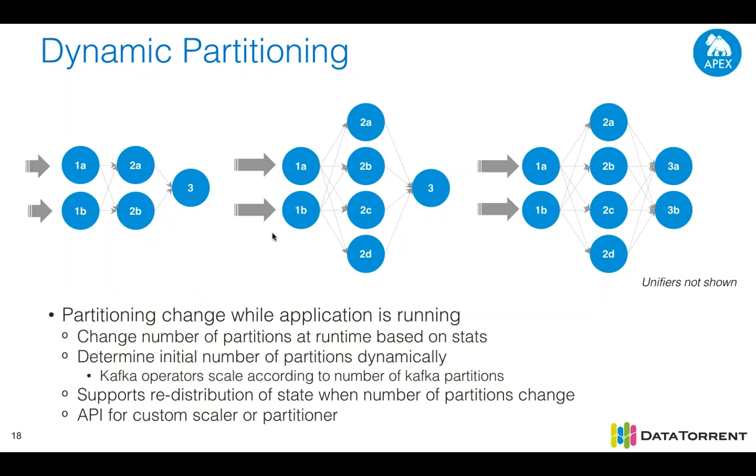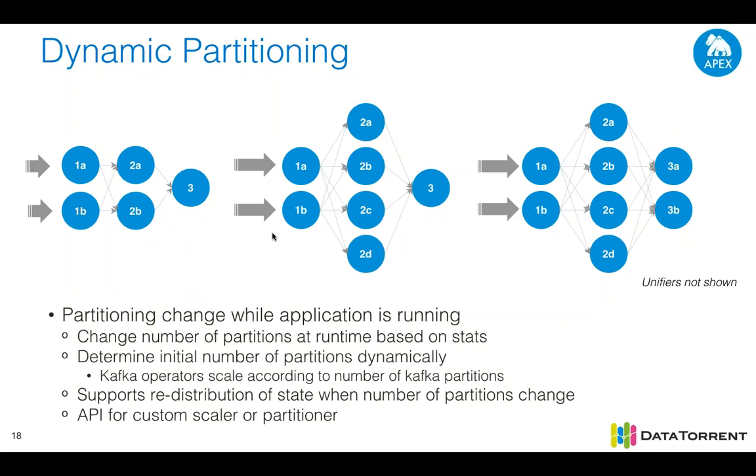So here in this case, let's say you have two partitions of one, two partitions of two, and then you have a third operator three, and suddenly your load increased, right? You suddenly start getting more data in from the external system. I'm just depicting them with longer arrows. So now let's say your stage two is not able to keep up. So now you can partition from two partitions to four, right? And as they're processing now, there's more load on three as well, and then three can also get partitioned. So you can determine how and when to partition in a programmatic way, or by using the default partitioners